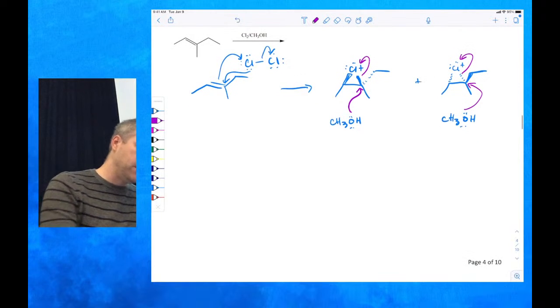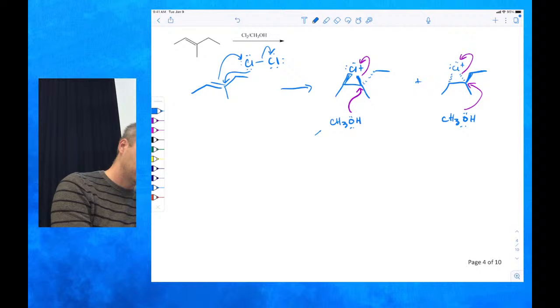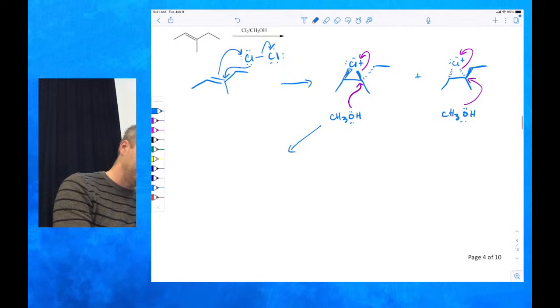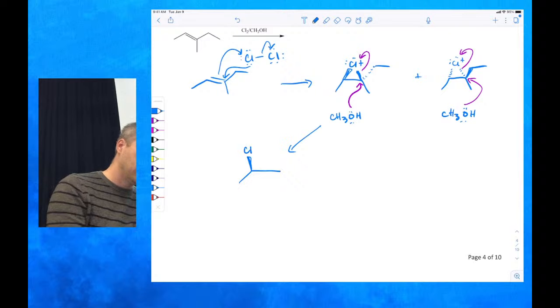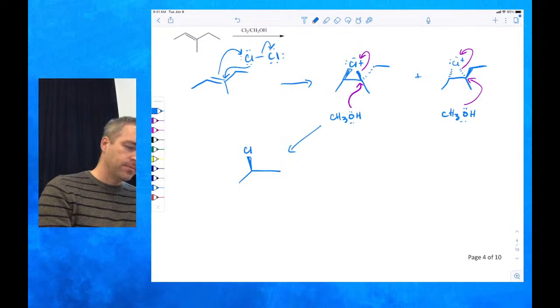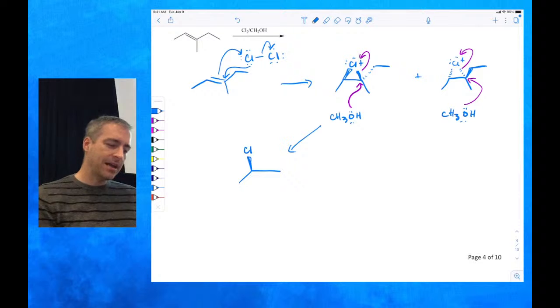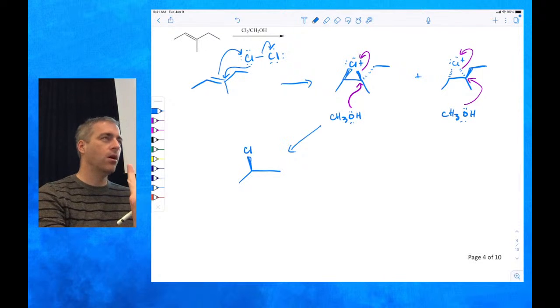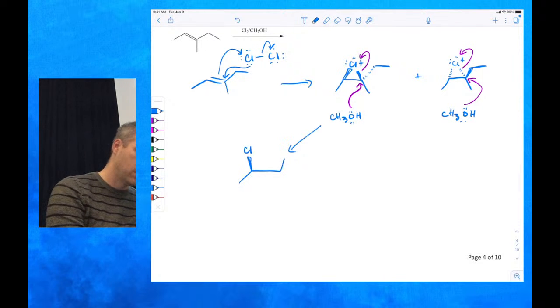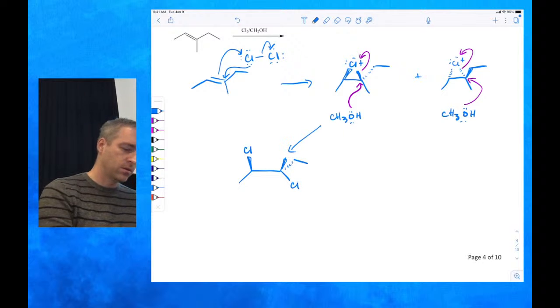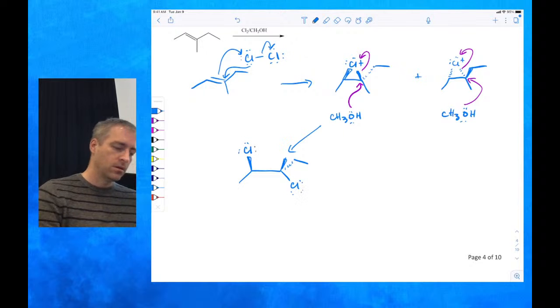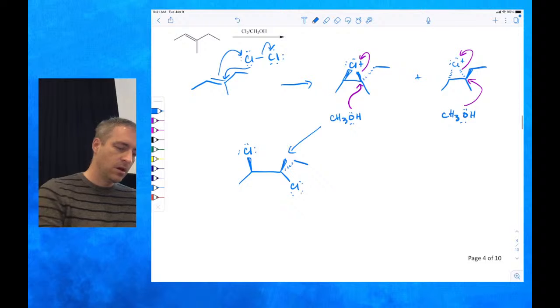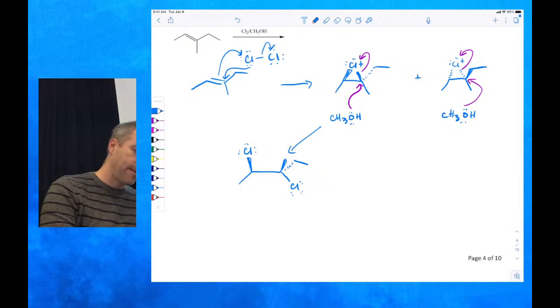So what this is going to make on that side is your chlorine is going to be here in front. In that case, it's attacking, you can think kind of from below. Or if it attacks from the other side,